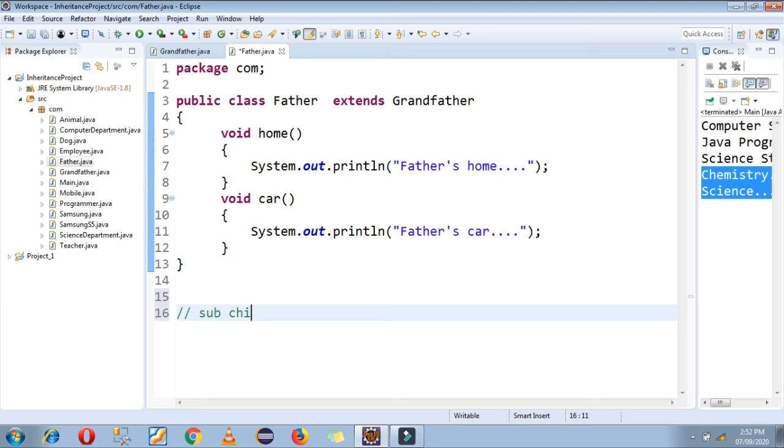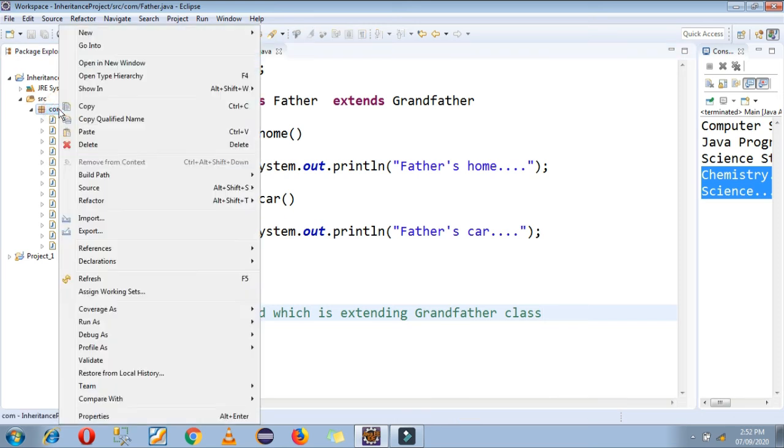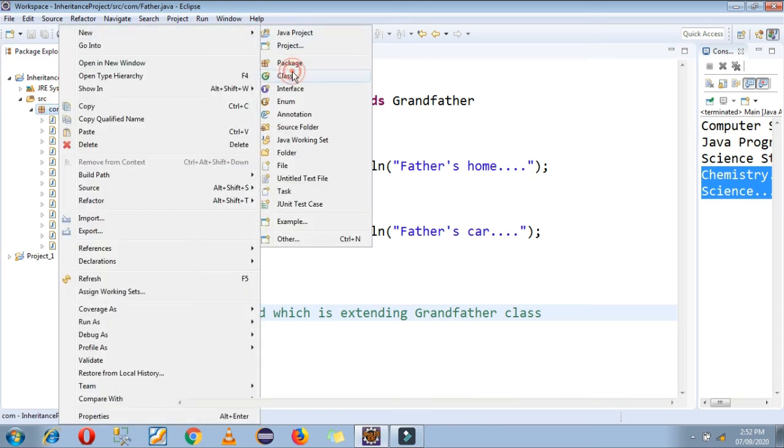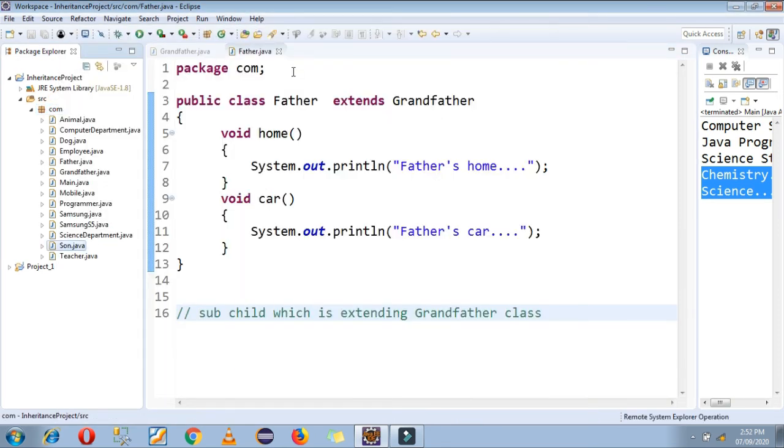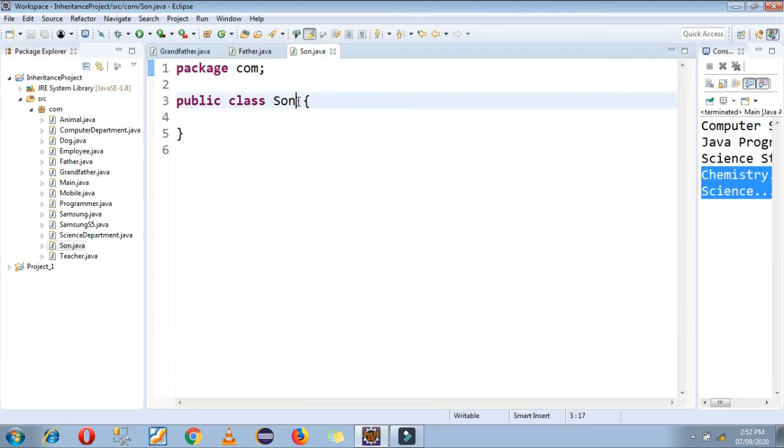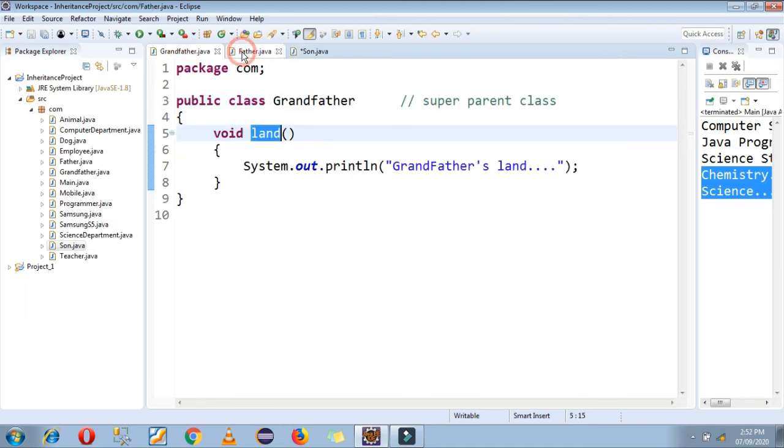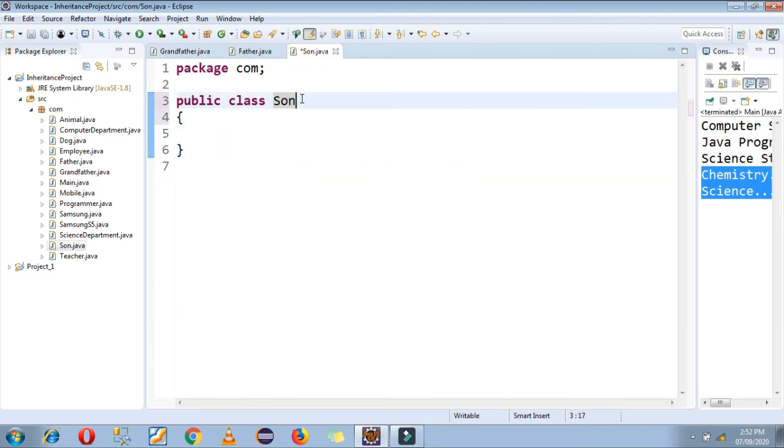So you can say father is nothing but a subchild of a grandfather. Okay. So you can see this is nothing but a single inheritance, where we are deriving only one child class from the base class. Now I am going to create another class, that is a son class. In this son class I want to extend property from the father class. Okay. So I am just extending my father class property.